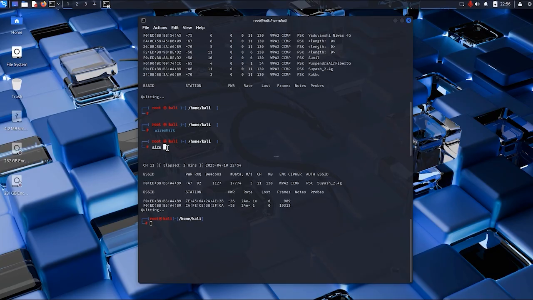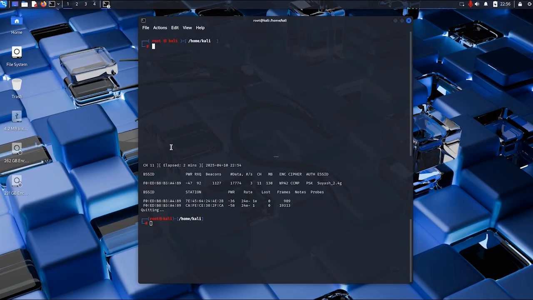So let's clear this terminal first and type aireplay-ng and then --deauth to perform deauthentication attack, and then we have to type a packet size that we are going to send for deauthentication, and make sure it is a large packet size. So we have to keep the deauthentication attack going for a longer time so that it can last longer. Then we will use -a here to specify the MAC address of the target.